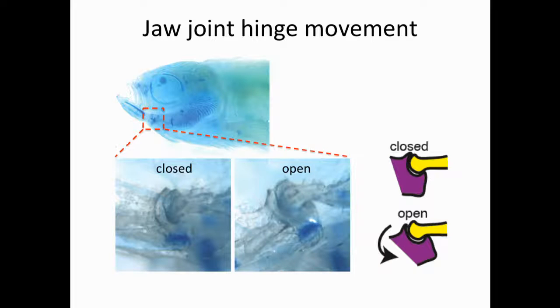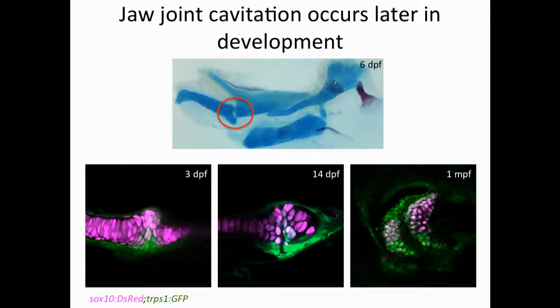If we look in Alcian-stained adult animals, you can see the joint in the closed position versus the open position. These two elements are moving in a single plane in opposition to each other, but it's a free movement. But what most people who study the jaw joint have looked at is stages up until about 6 days post-fertilization. So here's the jaw joint in a 6-day-old Alcian blue stained zebrafish, but the actual synovial cavity doesn't form until